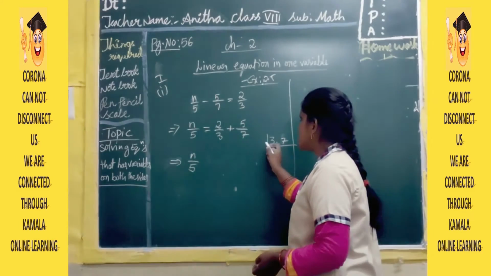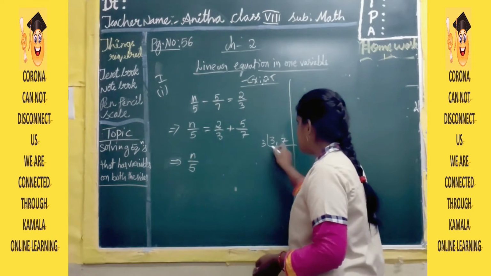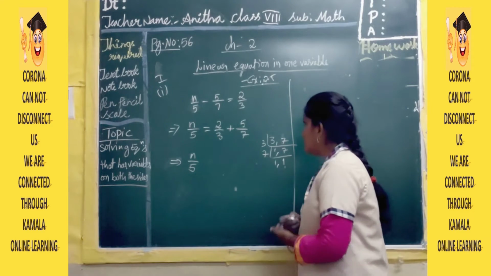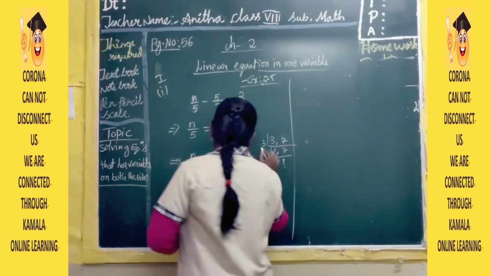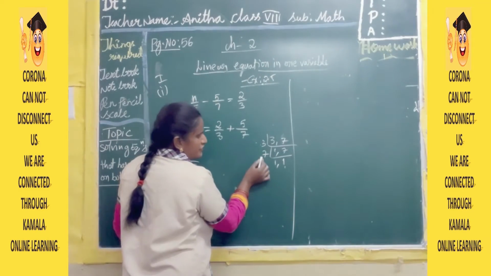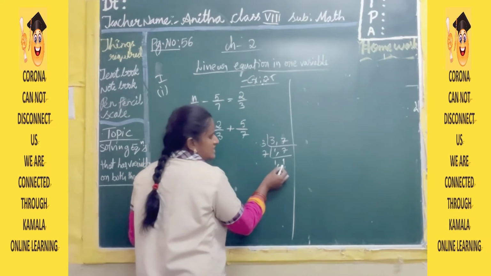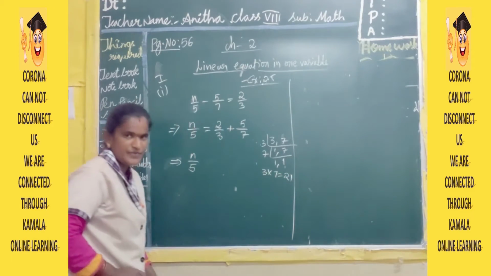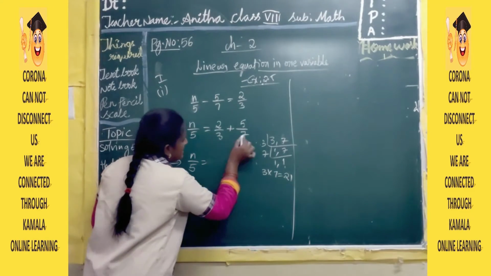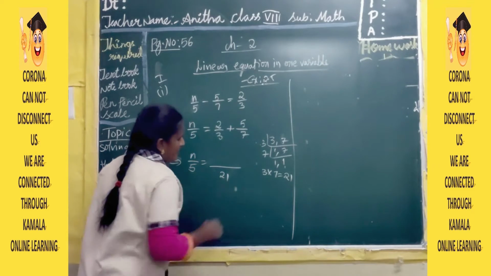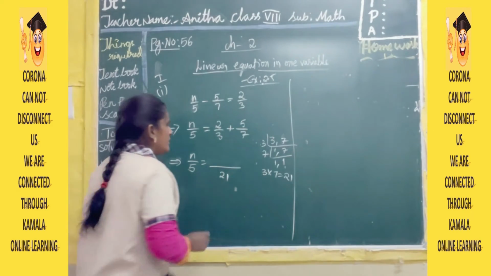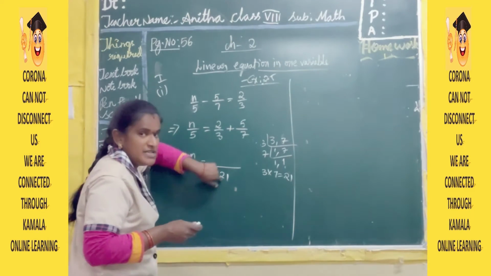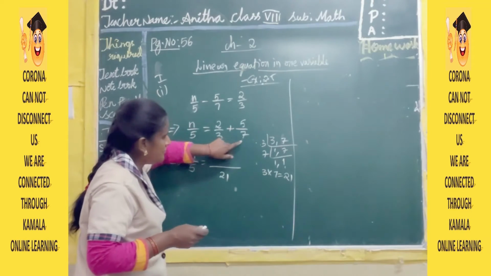So what is the LCM of these, 3 and 7? 3 ones are 3, 7 keep like that only, and 7 ones are 7. Okay, what is the LCM of these two values? 7 3s are 21, 21 ones are 21. 3 into 7, you will get 21. What is the value of the LCM of 3, 7? 21. Clear, children? So 3 in the 3 table, how many times will it go to 21? 7 times. Yes, 3 7s are 21.